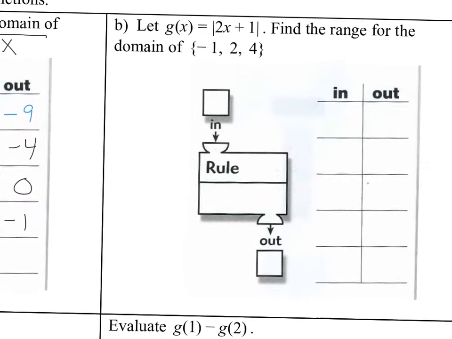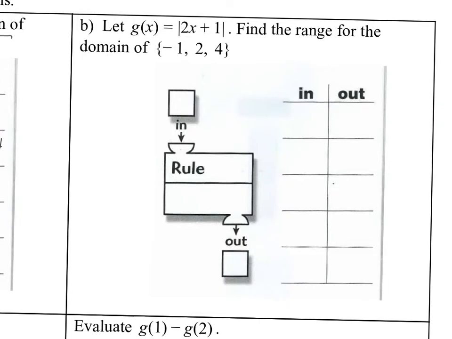So let's try another one. Let g of x be the absolute value of 2x plus 1. Find the range for the domain of these x's. Find the range means find the y values, find the outputs. So we're going to do the same thing. We're going to plug in -1, 2, and 4. So I'm going to do g of x